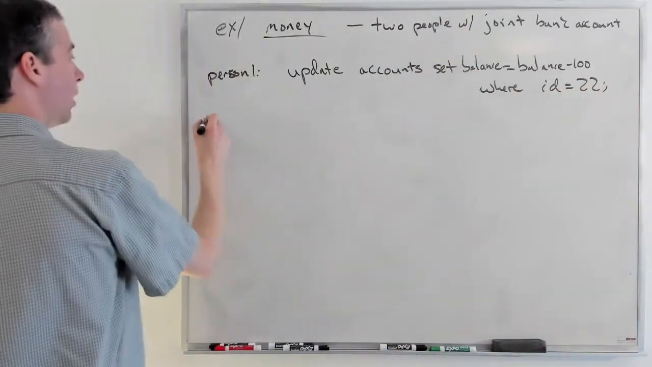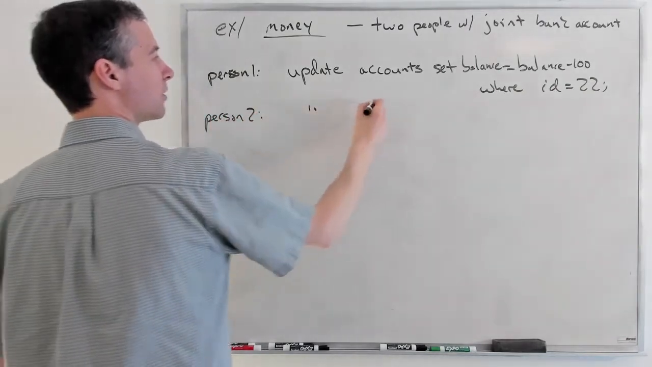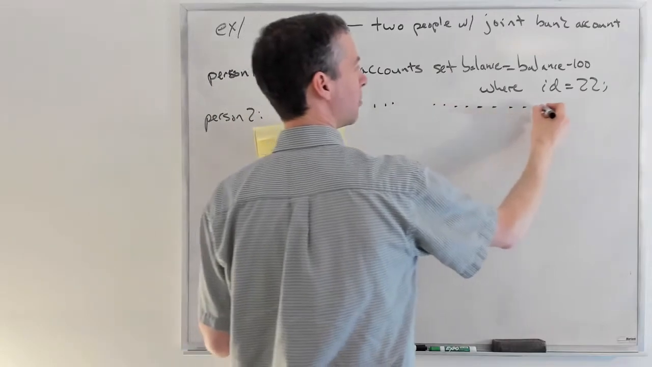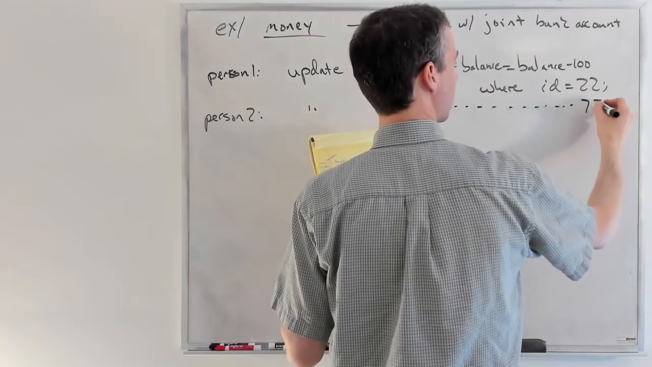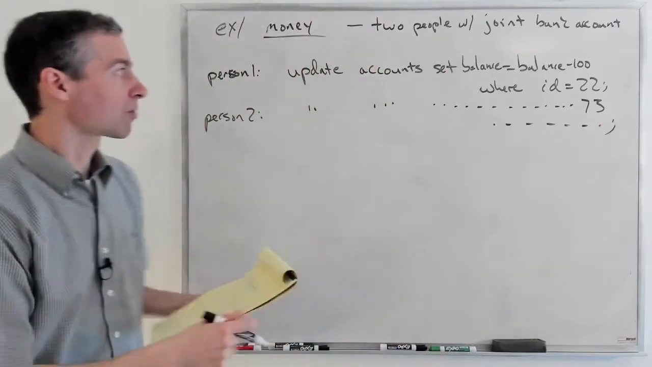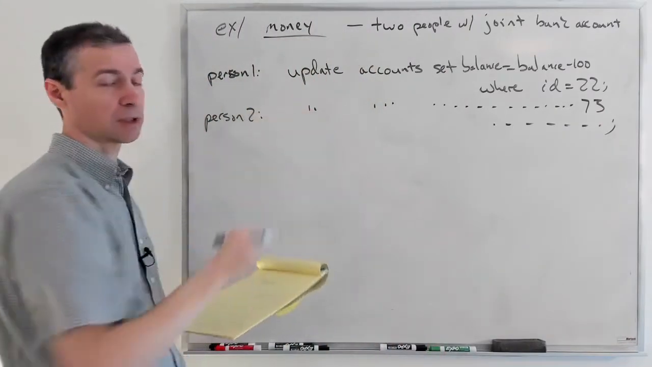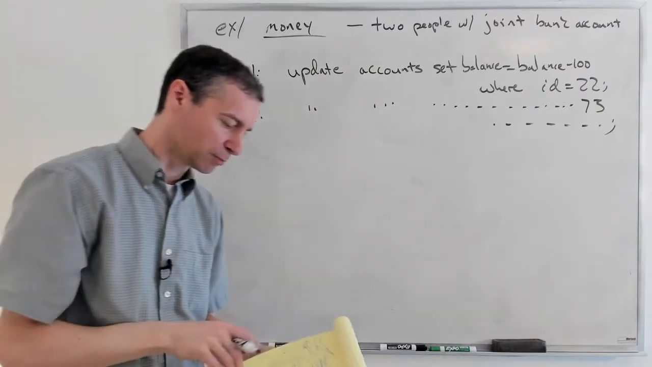All right. Person two comes in. We've got the same statement, except it's minus 75. And then you have the same where clause. Okay. So person one is going to take $100 out of the account. Person two is going to take $75 out of the account. Now,